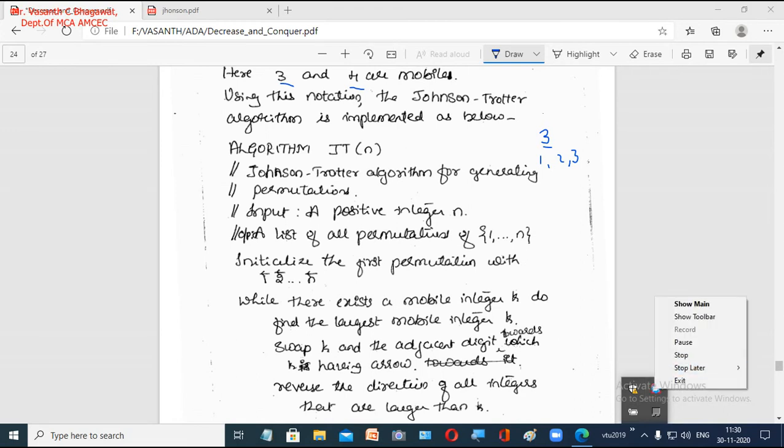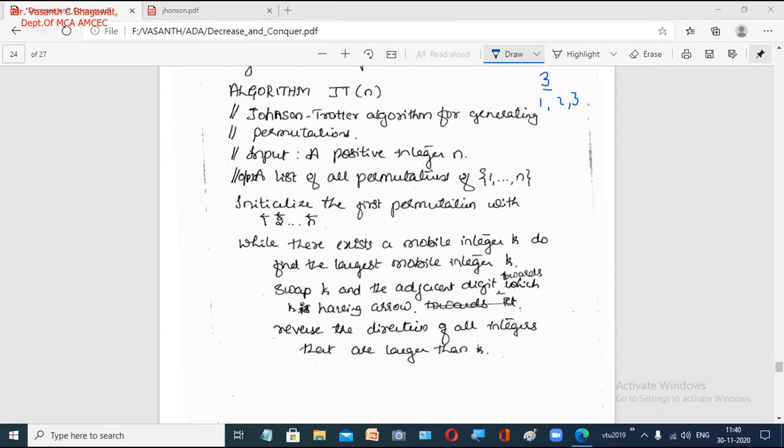Now let us start with the algorithm. This is what the Johnson-Trotter algorithm is telling. We have input n, and it gives the list of all permutations of these n numbers. Now how do you start? We initialize the first permutation with the numbers and arrow marks. We consider all the elements in the set, whereas in the previous method we started with one number.